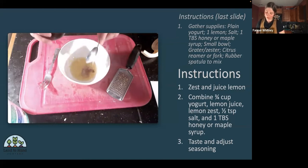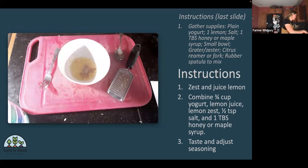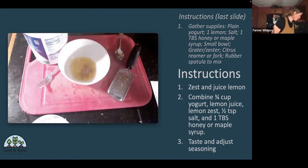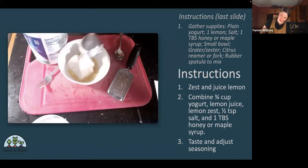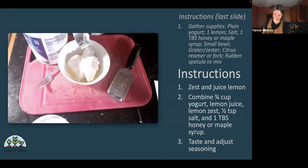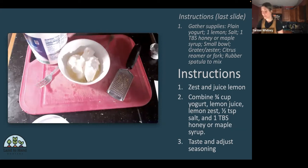and then we're gonna add about 3/4 cup of yogurt. And it's absolutely okay to eyeball this. It doesn't have to be perfect. We'll add about 3/4 cup of yogurt. And plain yogurt is best for this because then we know there aren't already sweeteners in there. But right about 3/4 cup. All right, and before we taste this,